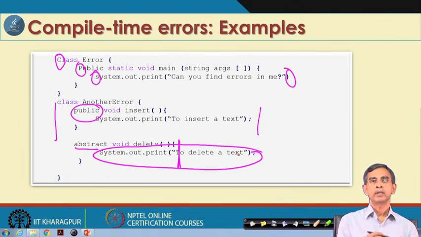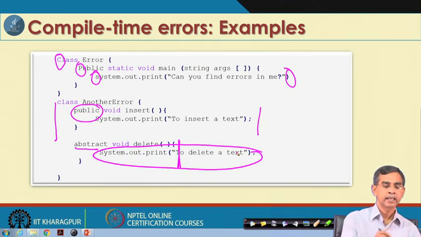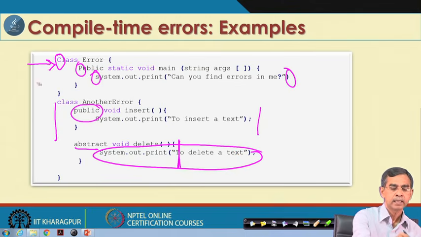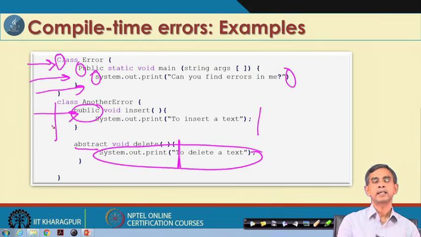When you try to compile this program, Java will specifically state in this line number this error, in this line number this error, and so on. It will report the line numbers, and for each line number whatever compilation errors are detected will be reported to the programmer, so that the programmer can correct them and a syntactically correct program can be written.